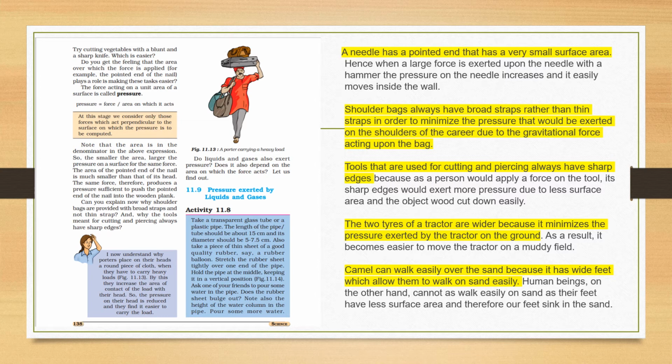Okay, if there is a very narrow tire, or only one tire, then what happens? If it is a muddy surface or something else, it will exert higher pressure on that muddy field. So that's why, for minimizing the pressure on a smaller area and making it broad, there are two broad tires in a tractor.